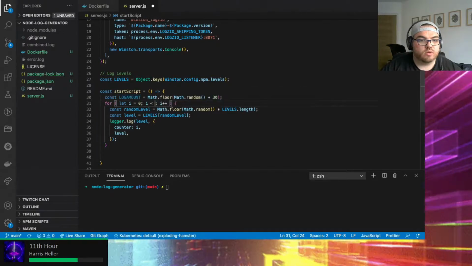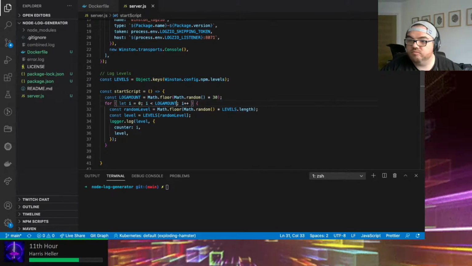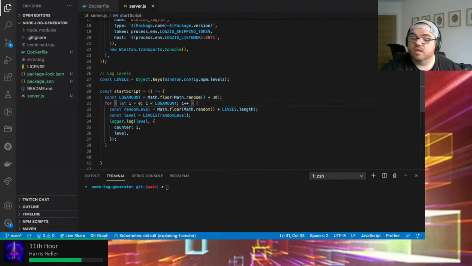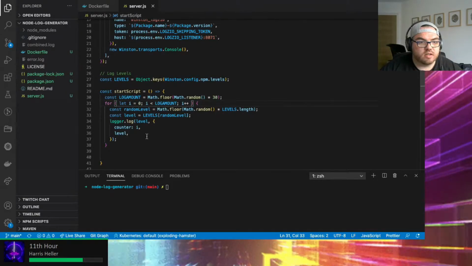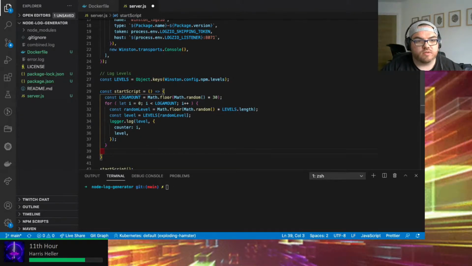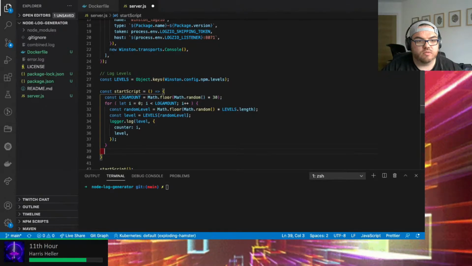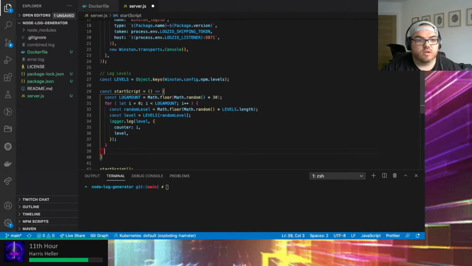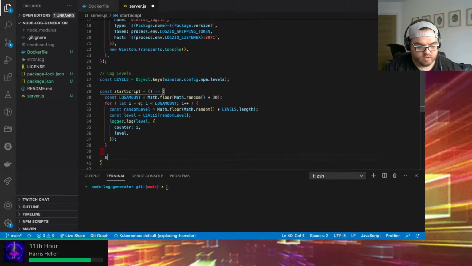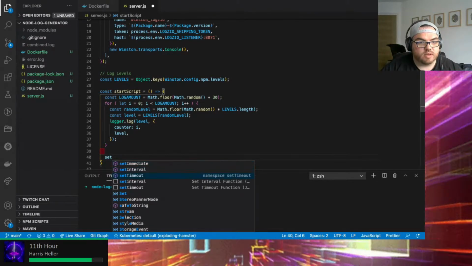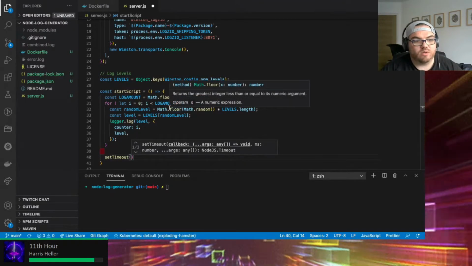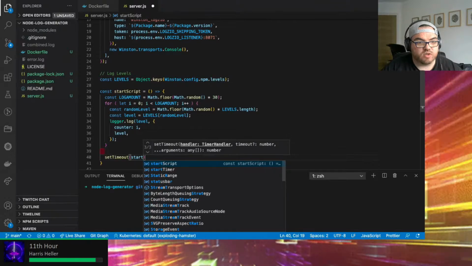So we want to have enough fake data to play with. So let's do that, and need to also make sure it doesn't flood. No, everything there should be quite hunky-dory, so setTimeout. The callback will just be start script.